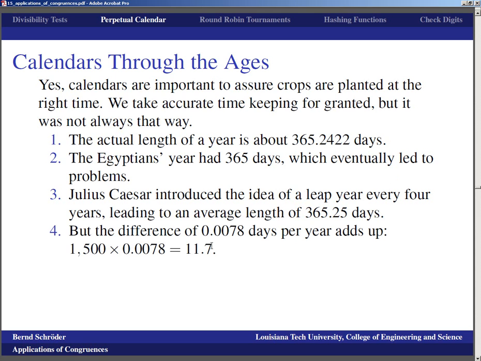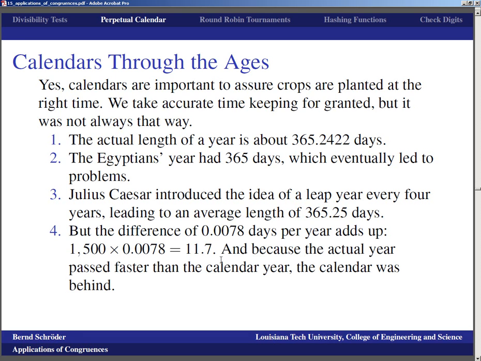But ultimately, that difference of merely 0.0078 days per year, that adds up. And so 1500 years later, that little difference has added up to 11.7 days. And because the actual year, which was shorter than what was recorded, passed faster than the calendar year, the calendar was behind. And that is a problem because ultimately in agriculture, especially when you don't have advanced tools available,